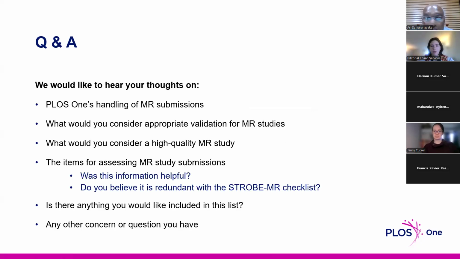These are all the points that have come up so far. Here are just a few more thinking points. If you have any expertise or any opinions to share, we would absolutely like to hear your thoughts on the policies I've described, on how PLOS ONE handles these MR submissions, on your thoughts on validation, also what you would generally consider a high-quality Mendelian randomization study. We can talk about the proposed items for consideration for these submissions, and generally anything else that has crossed your mind. Feel free to chat with us about it now, or just add any comments you may have to the